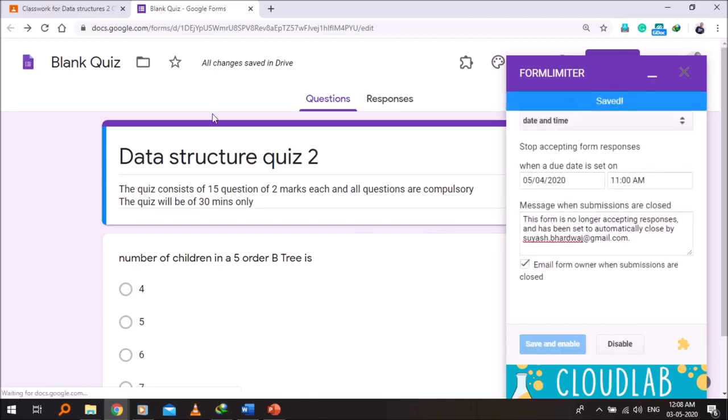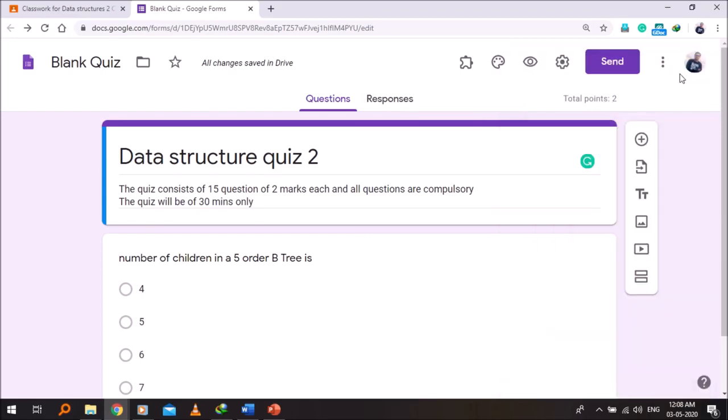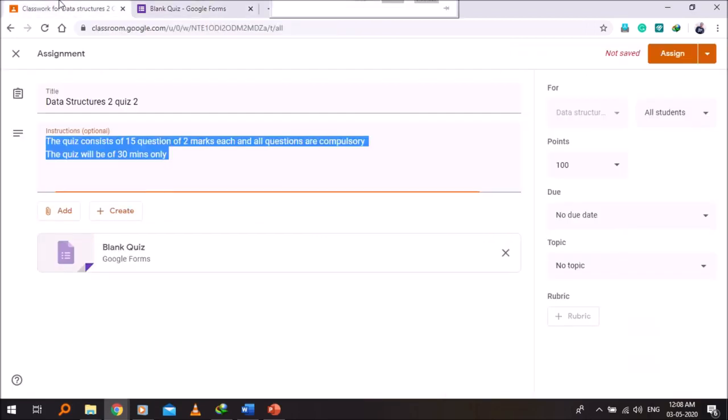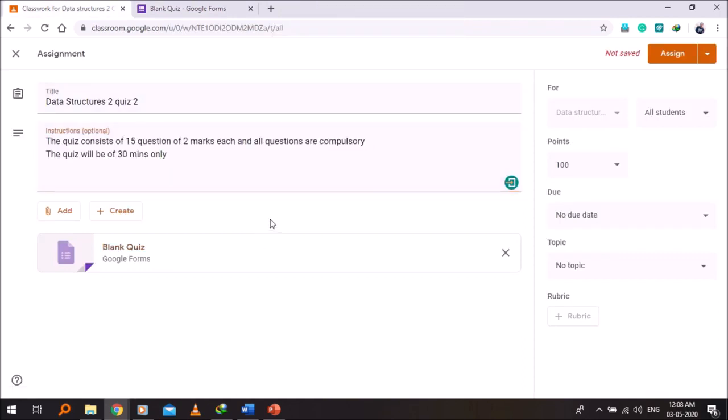Now you just have to edit the quiz, save it, and then come back to this assignment page and click assign. When you are ready, then click assign.